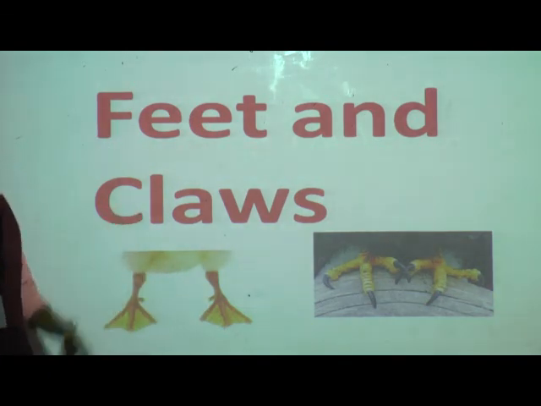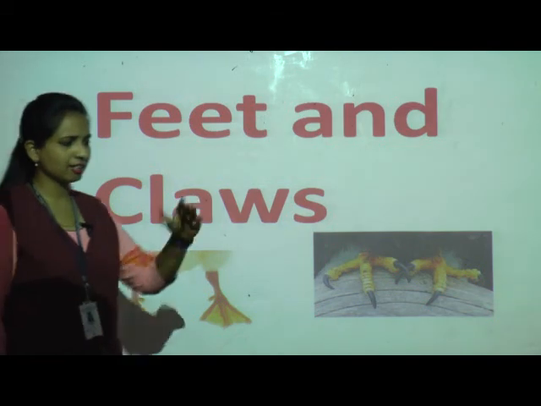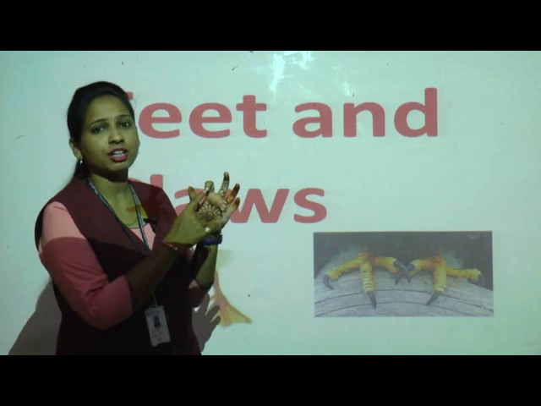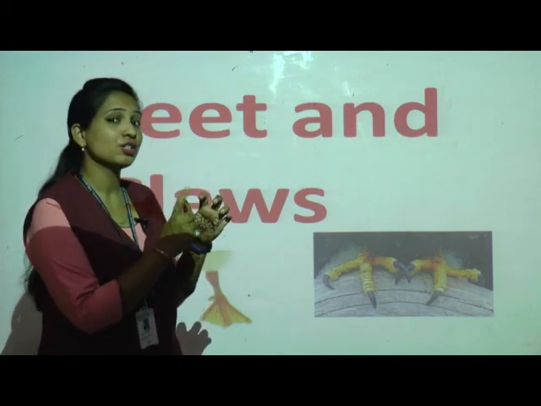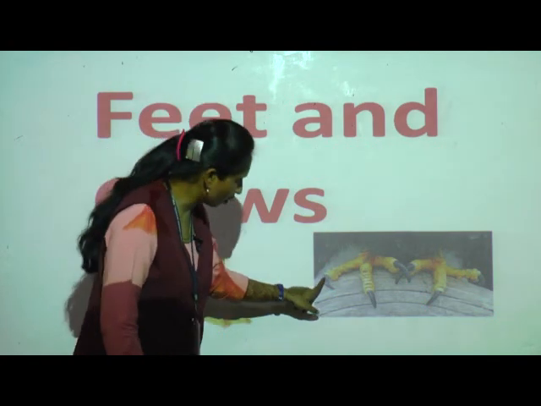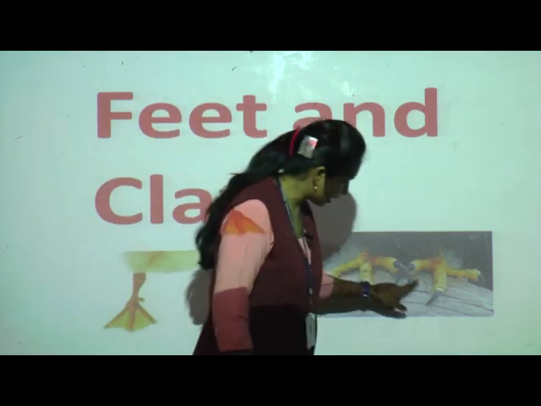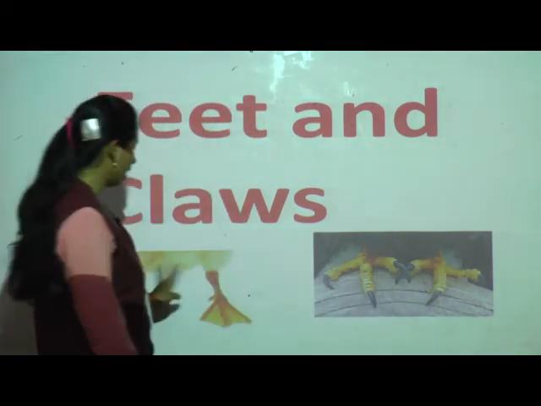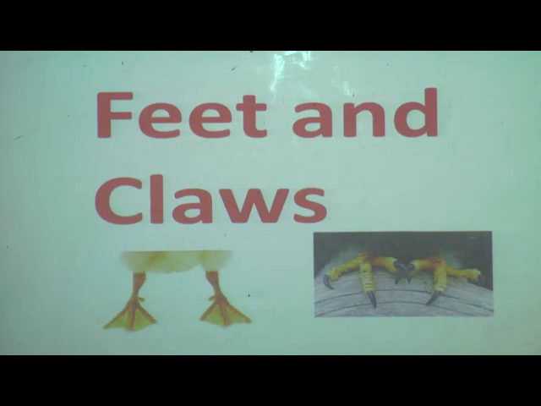And what about claws? Yes, see your hands and legs. Just observe hands and legs. What do you have on your finger? Nail, isn't it? So in the same way birds have claws on their feet. Can you see here? Yes, these are called claws, and they have 2 feet. Understood? Now I would like to tell you here, the birds have 2 feet. Okay, so they have 4 toes for walking, hopping, picking things, catching and holding food.